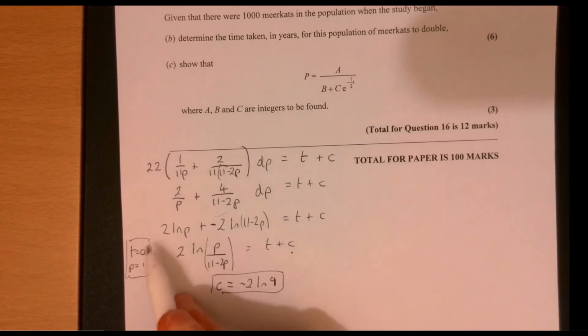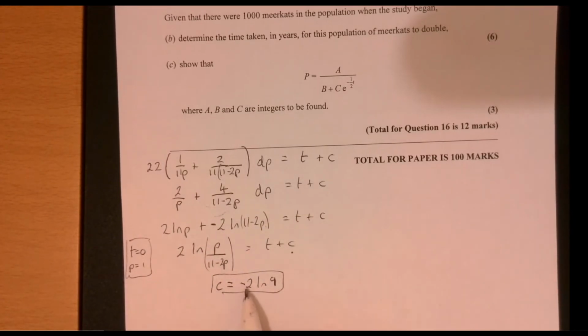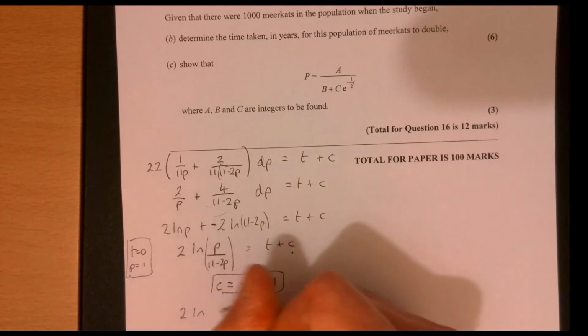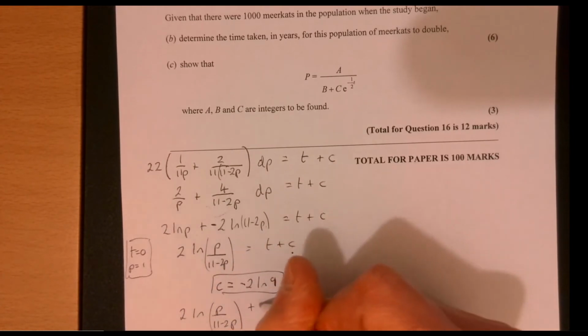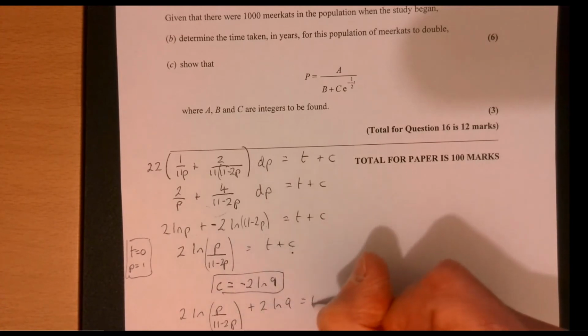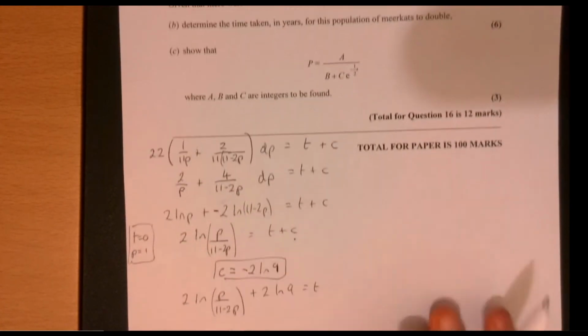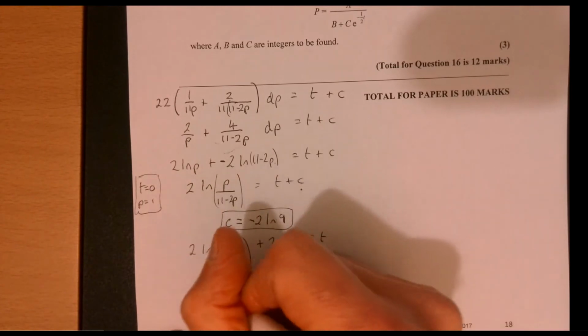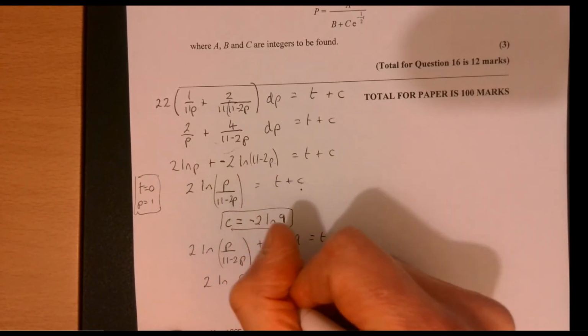Right, that was just substituting these in. So now we can write this back in. In fact, I'm going to add 2 ln 9 to both sides, because then that gives me 11 minus 2p, add 2 ln 9 equals t. Hey, wait a minute, I can even combine that there, can't we? All right, so that's going to give me 2 ln 9p,